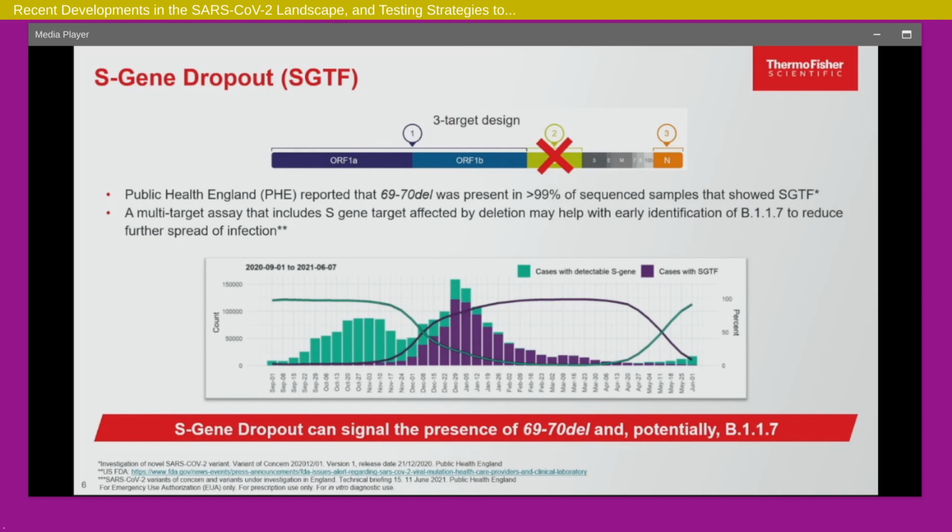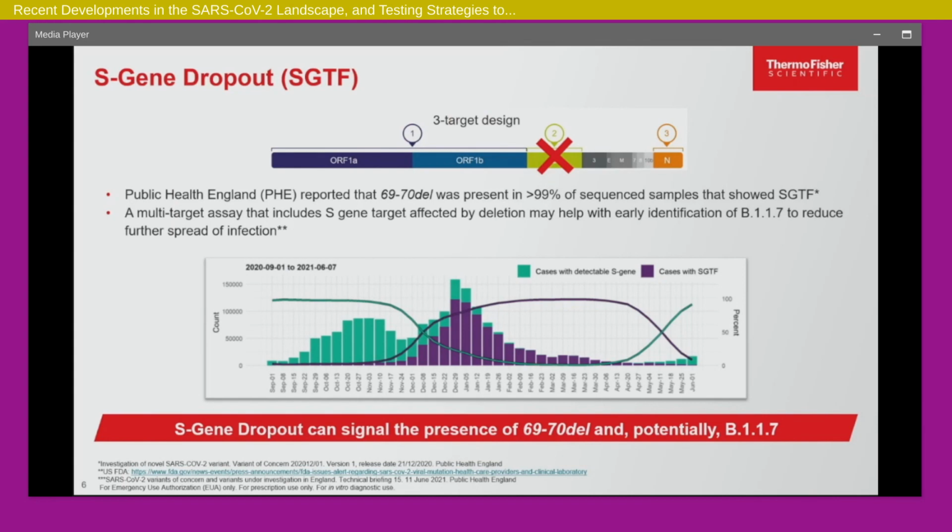You can see this is all the S gene dropout, because this is the detectable S gene. During November and December, the green bars go down and the S gene dropouts come in, which is the S gene target failure. And see what is happening as we move into April, May, June. You can see the S gene coming back. The S gene coming back in the assay was an indicator that maybe something is changing in this virus, where we are not seeing the alpha variant now, and that is something different. And that's where they identified a little bit more.